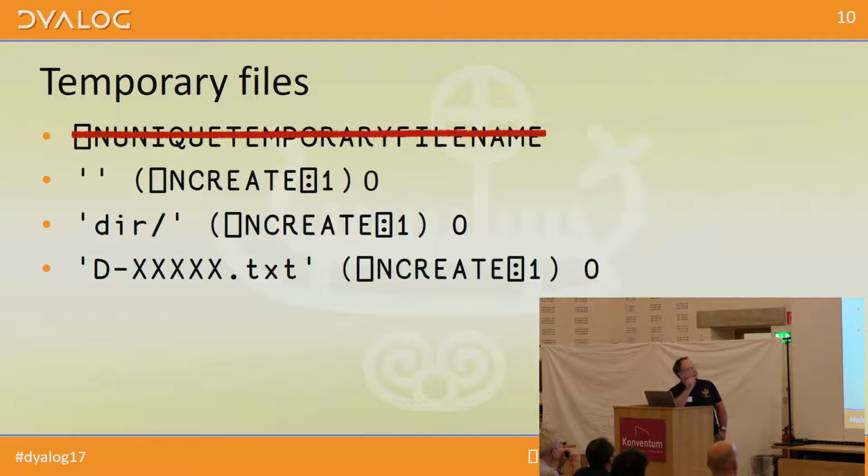This one's fun as well. If you use this variant option, and you do give it a name, then take the last character, and as many of those characters as there are will be substituted with something to make a unique name. So you can at least give a pattern to what you get. And of course, if you do that and you're too restrictive and it can't create anything unique, it will generate an error.